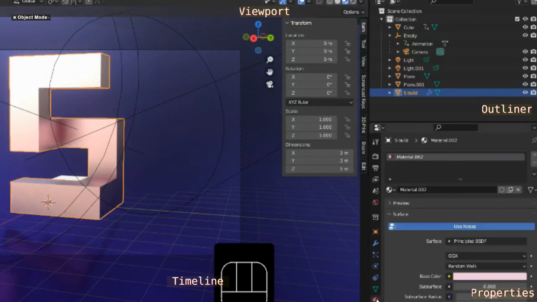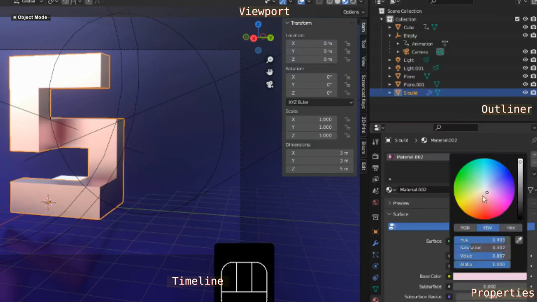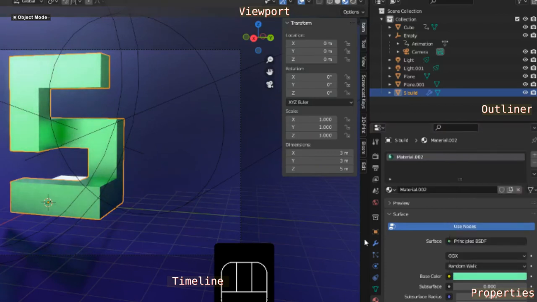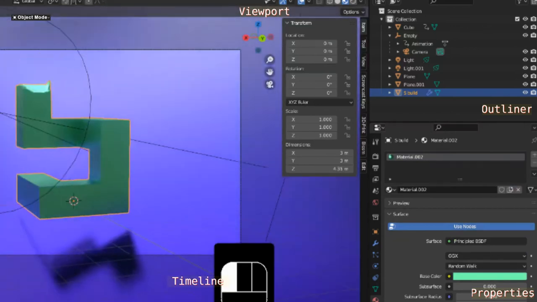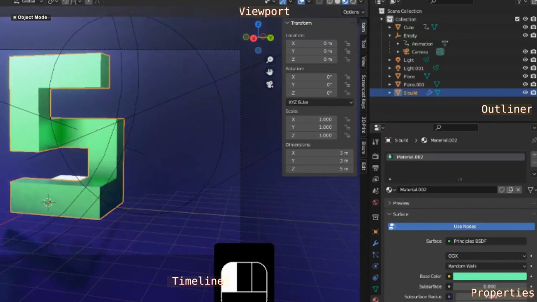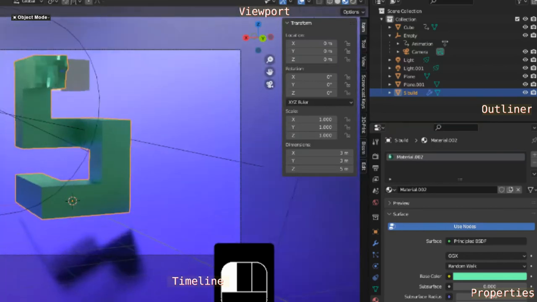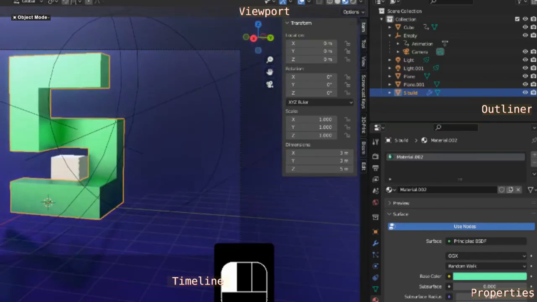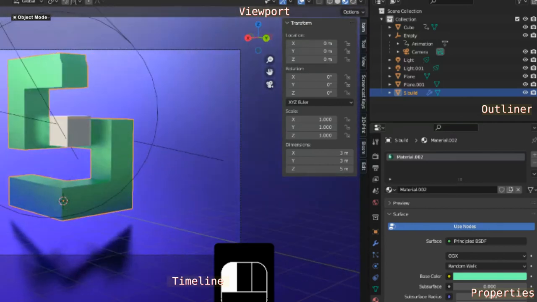I've got the two lights, and I've got a little bit of colour on the lights. You can change that to whatever you like. I'm changing the green, the S shape, to a green on mine. You can pick whatever colour you want. There's no problem. Figure out what looks good for you. Now that's catching some light from the light. You can see the shadows and so on.